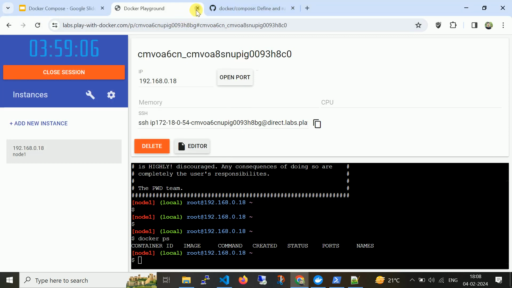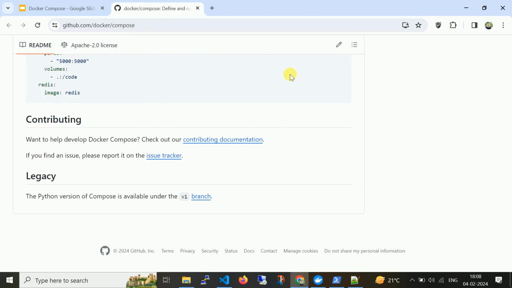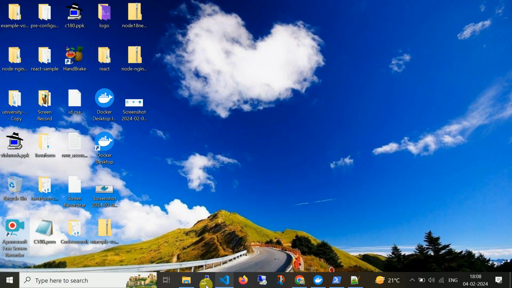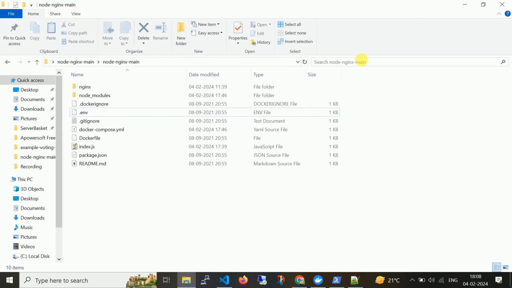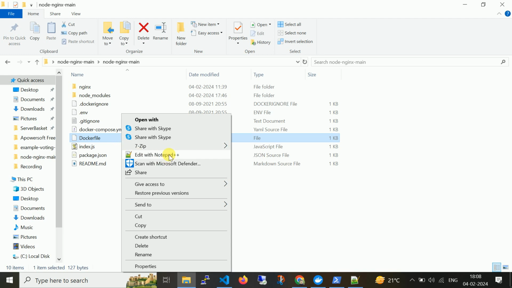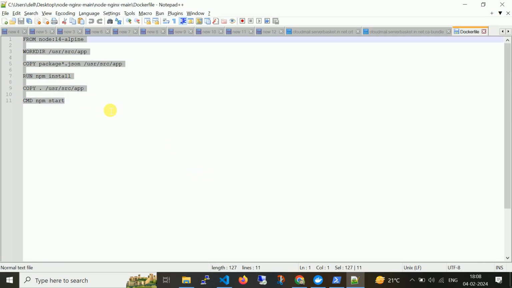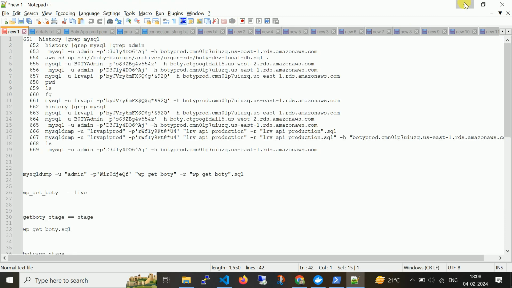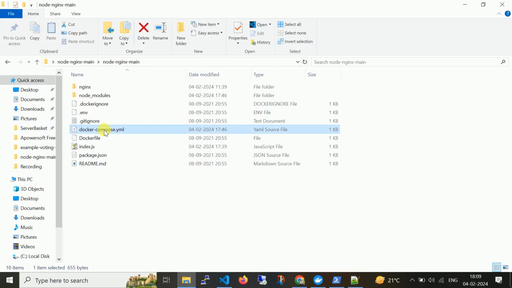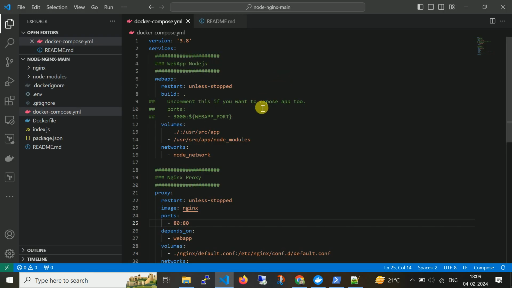So let's come to the Docker Compose environment. In the morning we set up a Dockerfile and ran a container with this Docker node application on port number 3000. Now we have the Dockerfile and the Docker Compose YAML file. So let me open it. This is Docker Compose version 3.8. Services, web app,